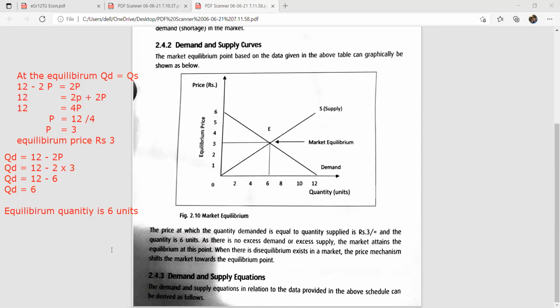Then we understood a number of approaches. One is demand and supply schedules. Next one, demand and supply graphs. Next one, demand and supply equations. Right. After this one,